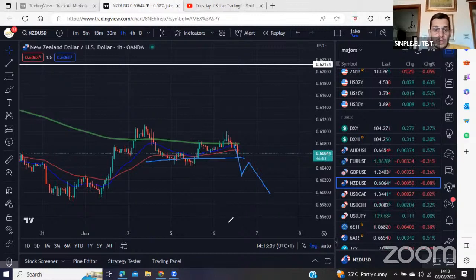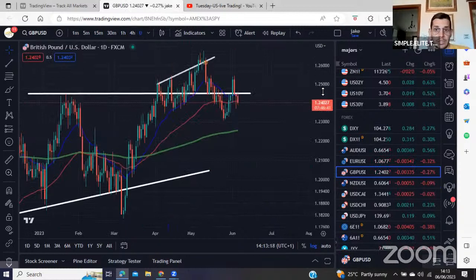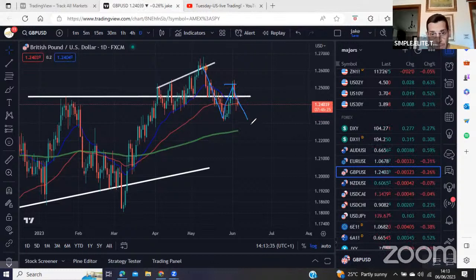The other pair I'm looking at is pound, because I like that price rejected this 125.50, which we talked about last week, which was this one. So the downtrend is still intact because you have phase 1, phase 2. So potentially this phase 1 starts again. But yesterday we saw this reversal bar, which is not convincing. So we have this low test bar, and today it shows some weakness.